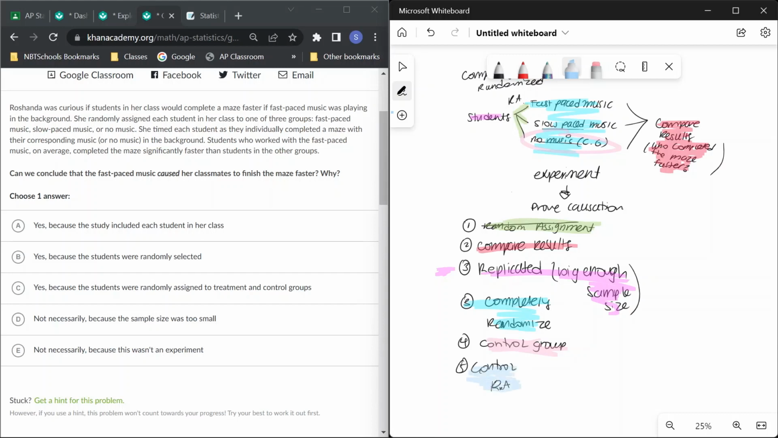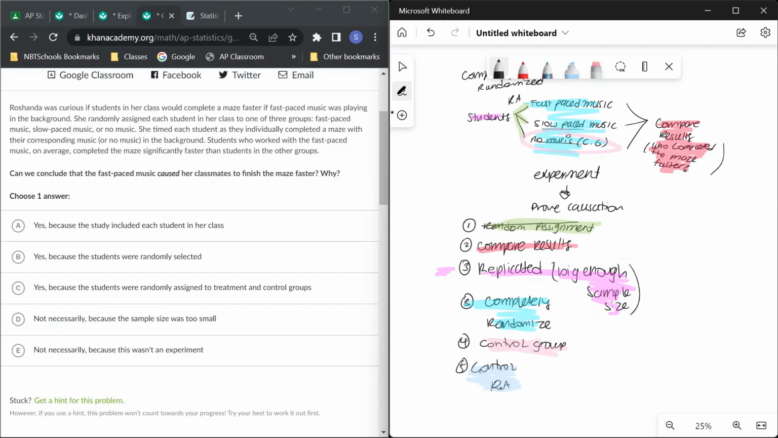Would this have been better as a block design? We could have divided by students. Not really, because for fast-paced music, we can't do students and then male and female and then fast-paced music. I mean, that's not necessary. So I think there is enough control. There was no need for block design, right? Okay, and then